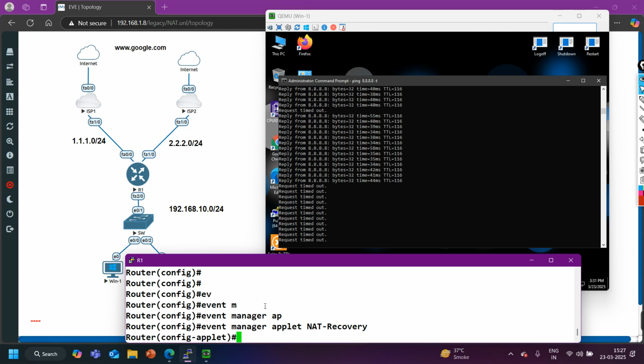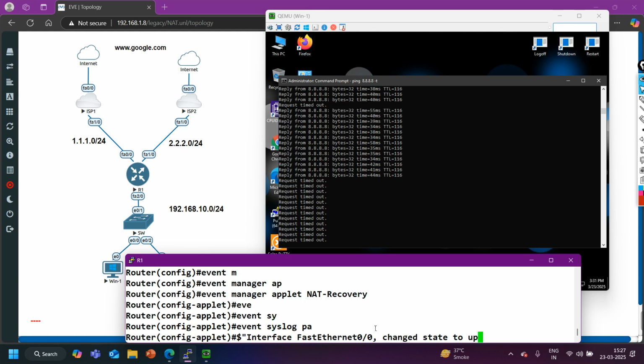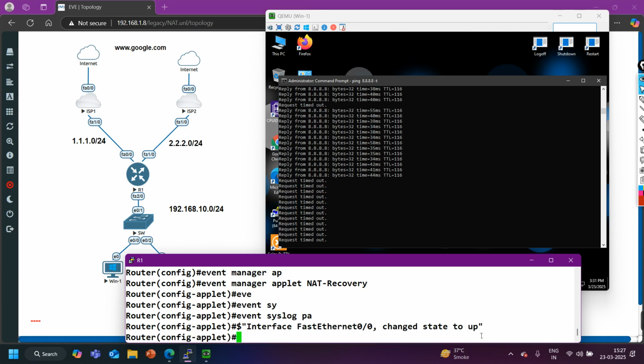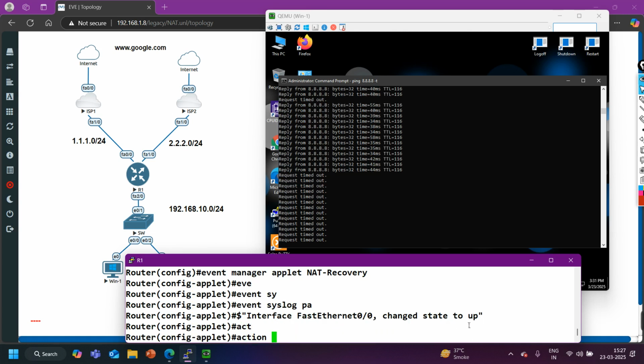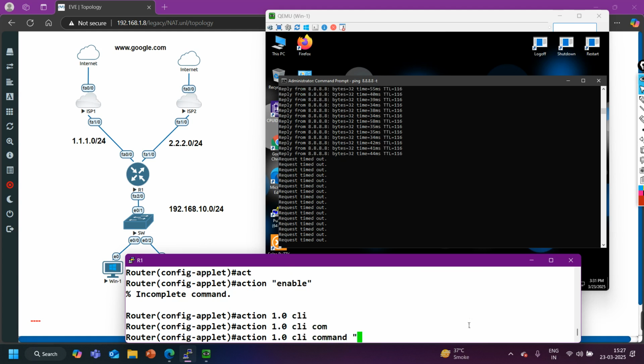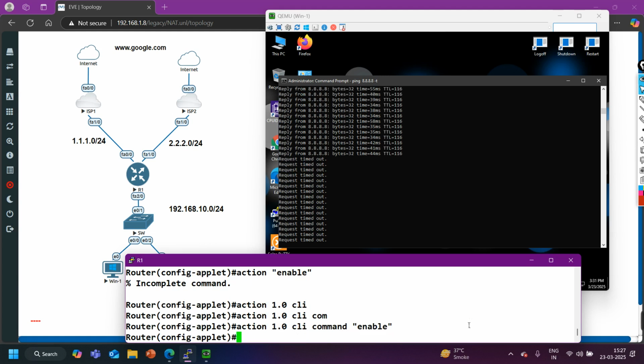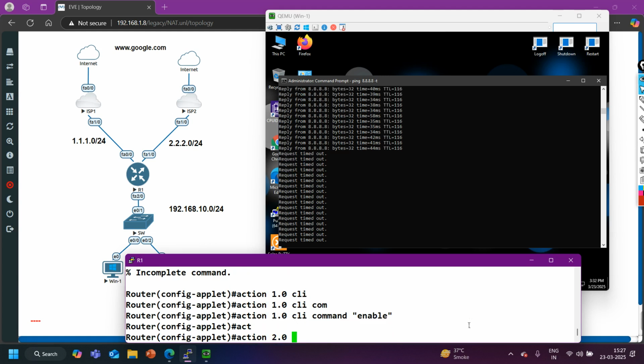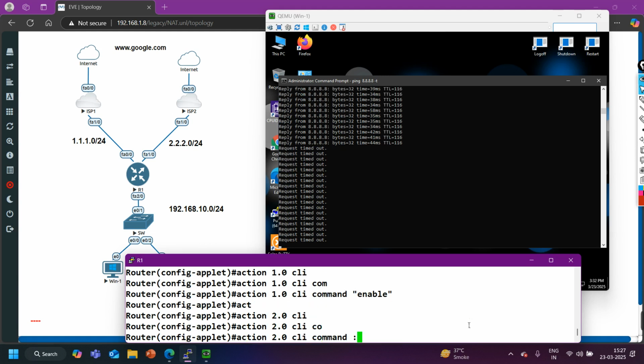And here I will say event syslog pattern, and this time the message is going to be this one. When it changes state to up, this time it should take action. What? First action, again, enable command. Action 1.0 CLI command enable, and action 2.0 CLI command is going to be clear ip nat translation